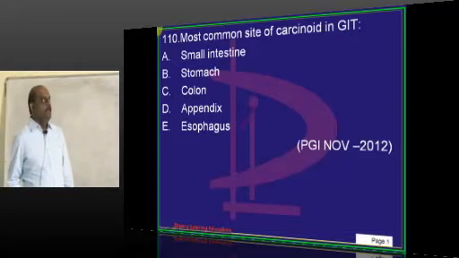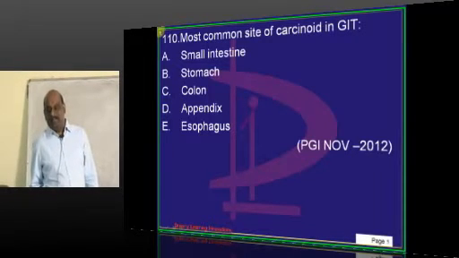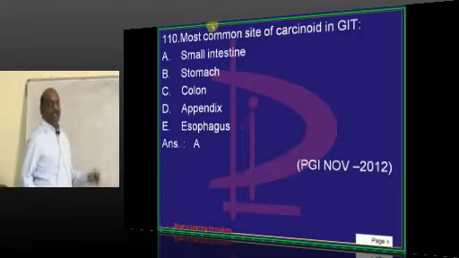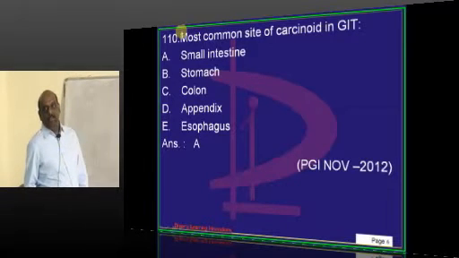What is the most common site of the carcinoid of GIT? With every edition of Harrison it keeps changing. The most common site, small intestine, not appendix anymore. Small intestine is the most common location. And within appendix it is carcinoid